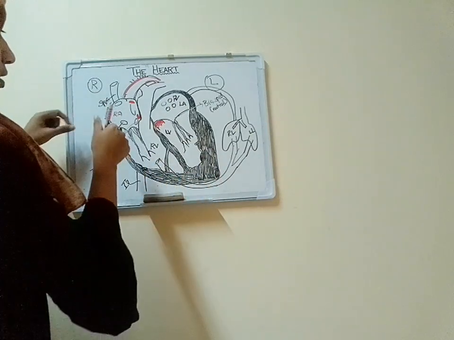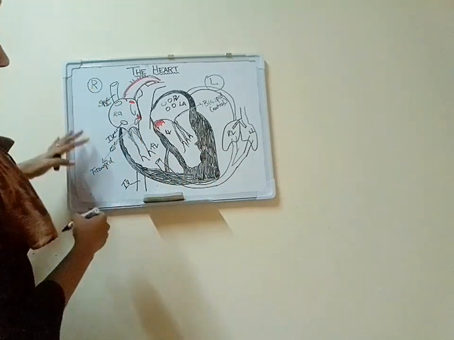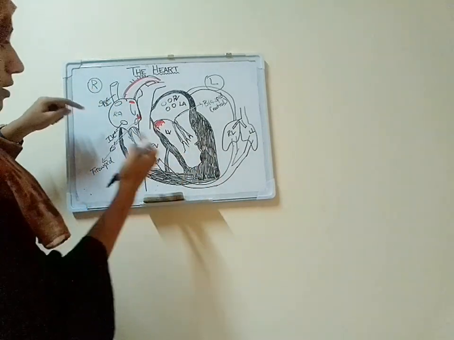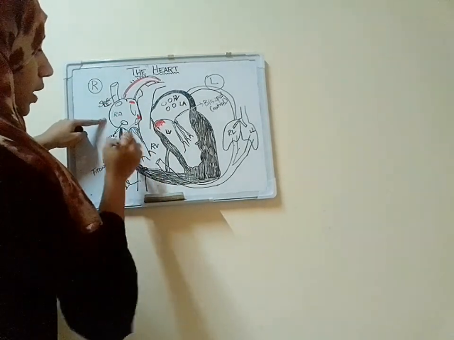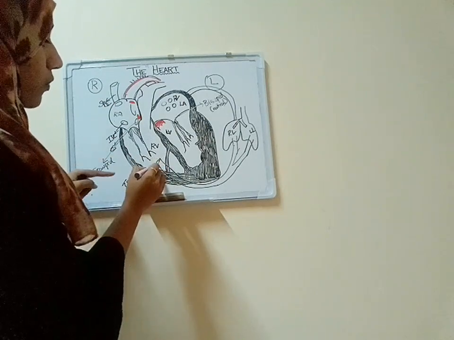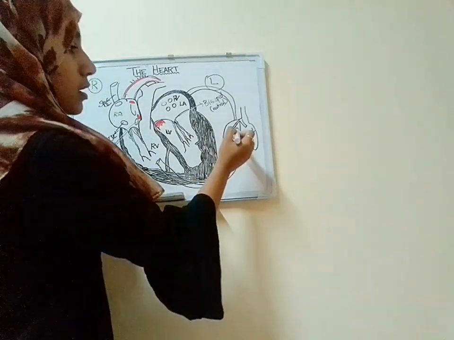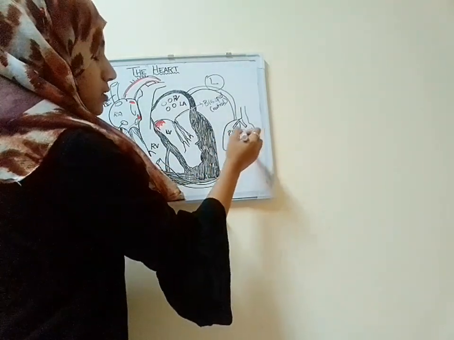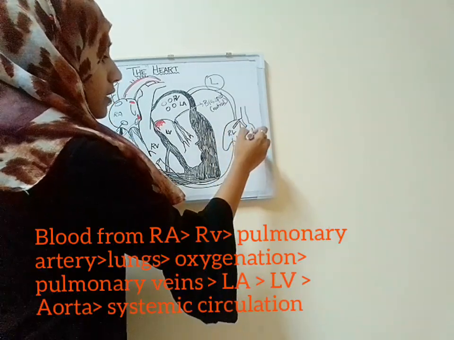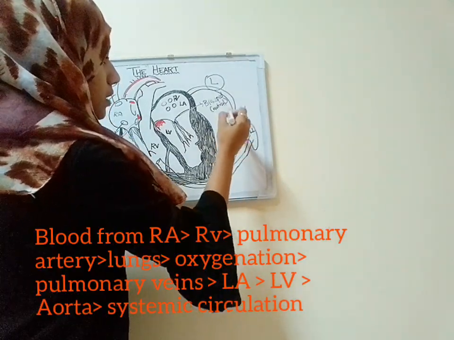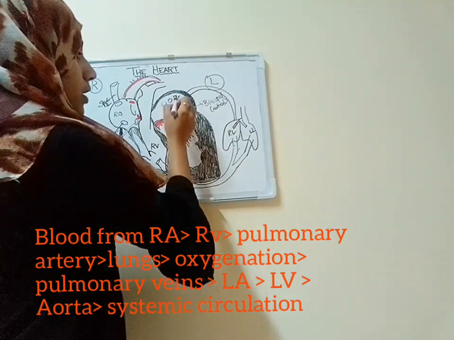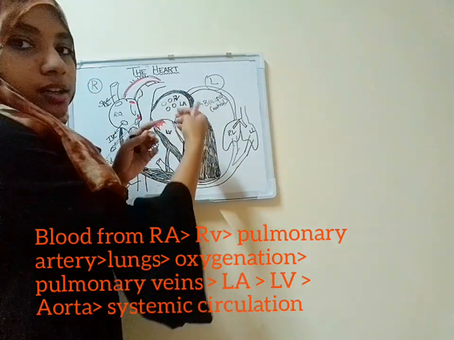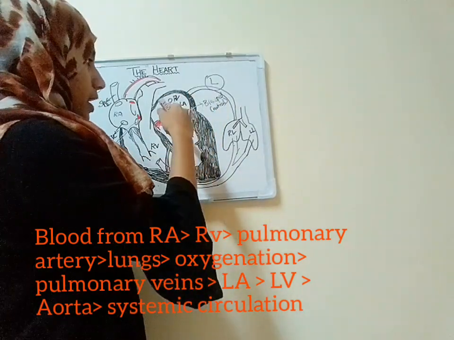So just a quick revision. All the deoxygenated blood from the upper and lower parts of the body and the heart itself goes to the right atrium. From the right atrium, the blood gets pumped to the right ventricle via the tricuspid valve. Then the blood goes via the pulmonary arteries to the right lung and the left lung for oxygenation. Once it is oxygenated, the oxygenated blood goes back to the left atrium via 4 pulmonary veins, which originate in the posterior aspect of the heart.